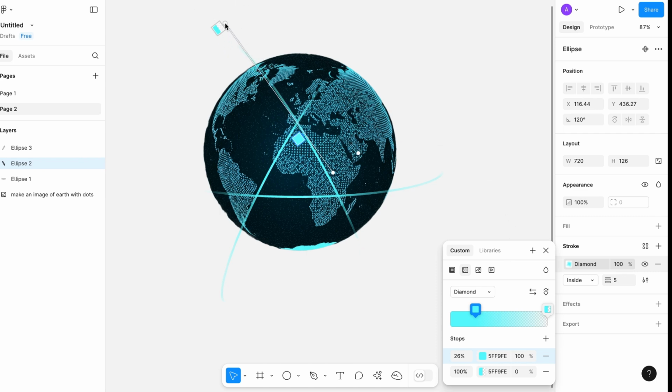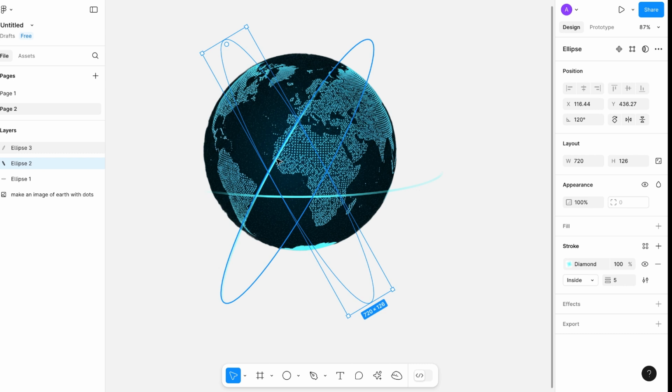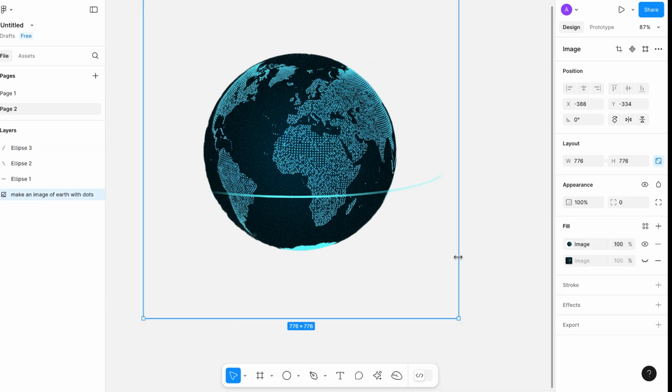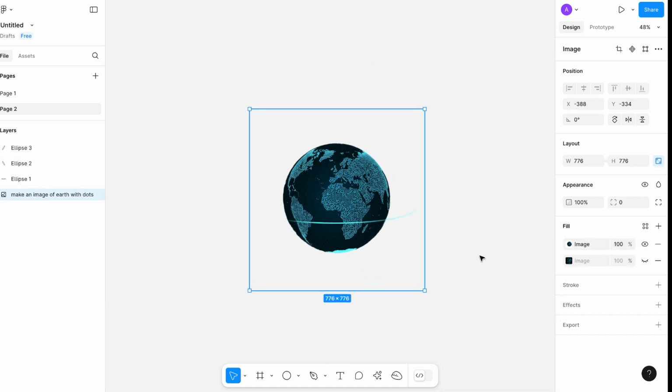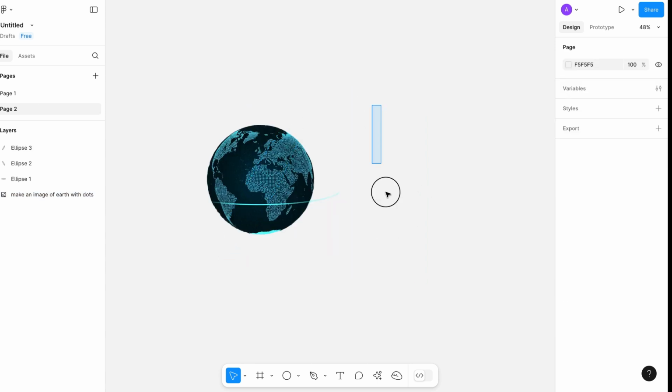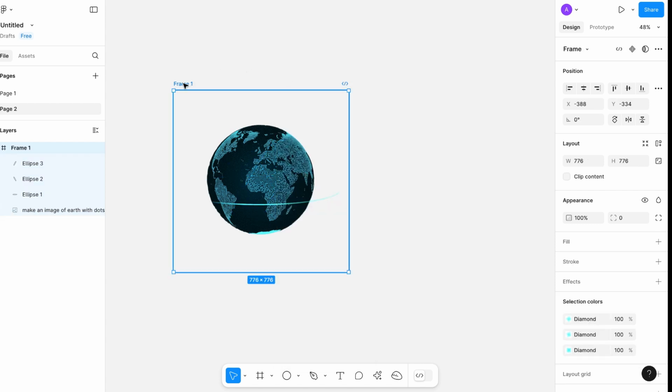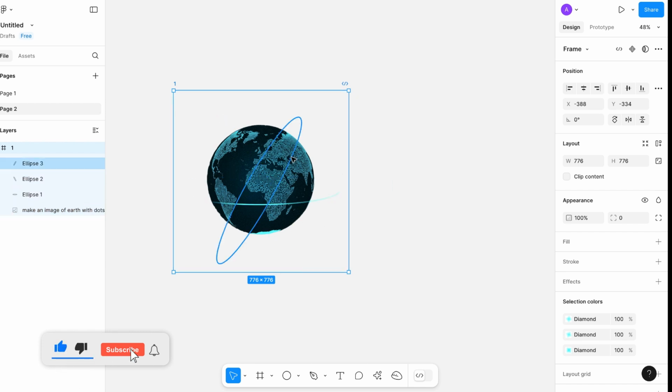Something like this. Yes, and this one also. Now all are hidden. So now select all these and put it in a frame. Now duplicate the frame,